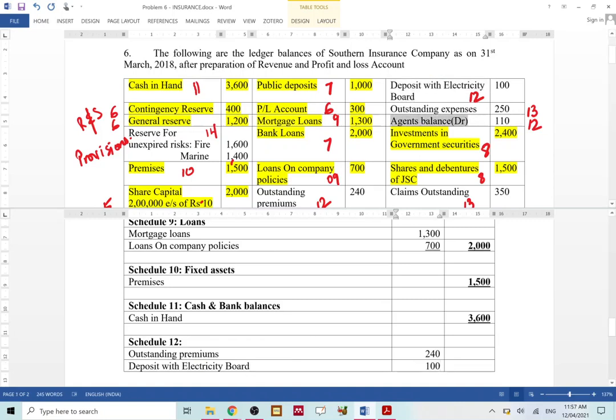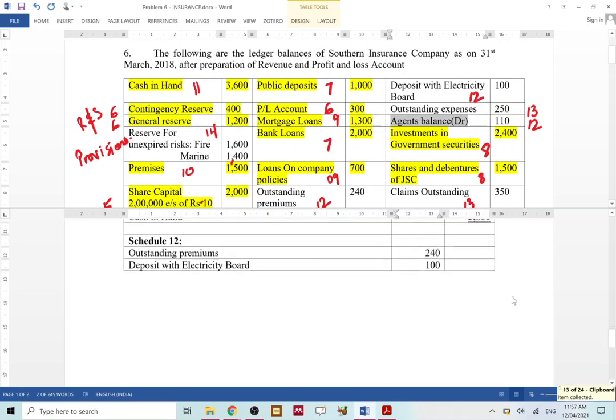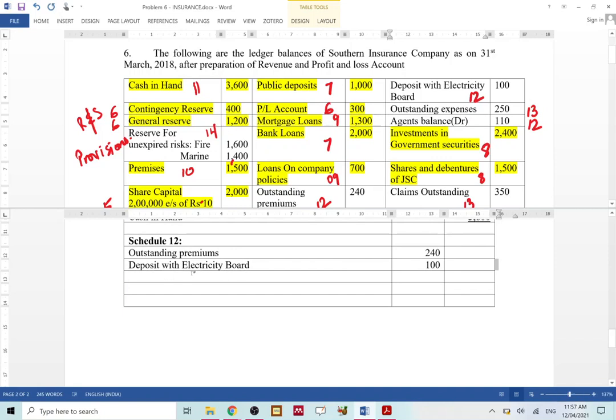So since it's a debit balance, I told you it will go in the asset side. If it was a credit balance, it would become current liabilities. Okay. So here amount is 110. The total of the schedule 12 that you have is 450. Okay. So schedule 12, advances and other assets. Done. So that was at least up to schedule 12, that is your current